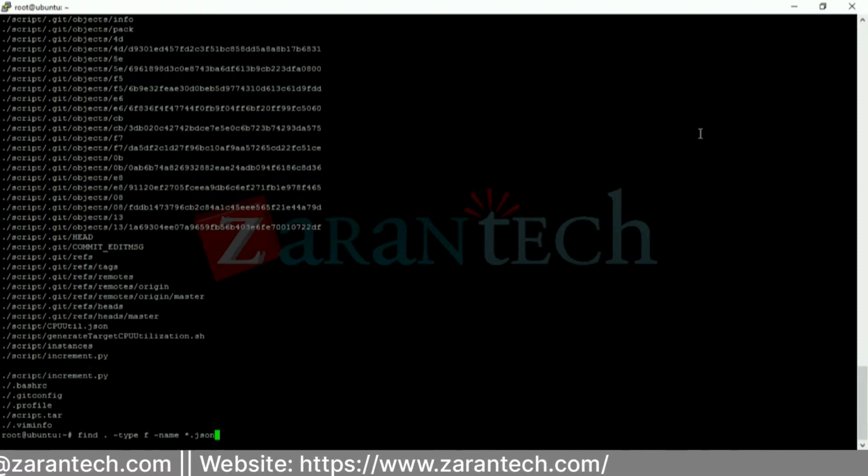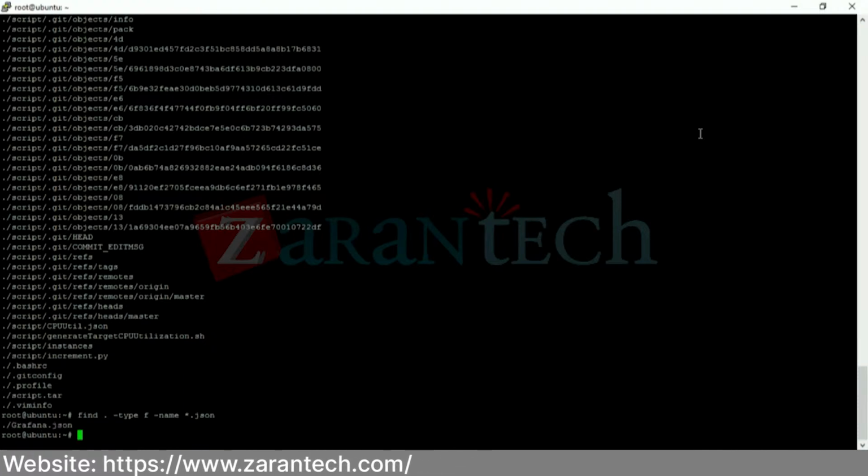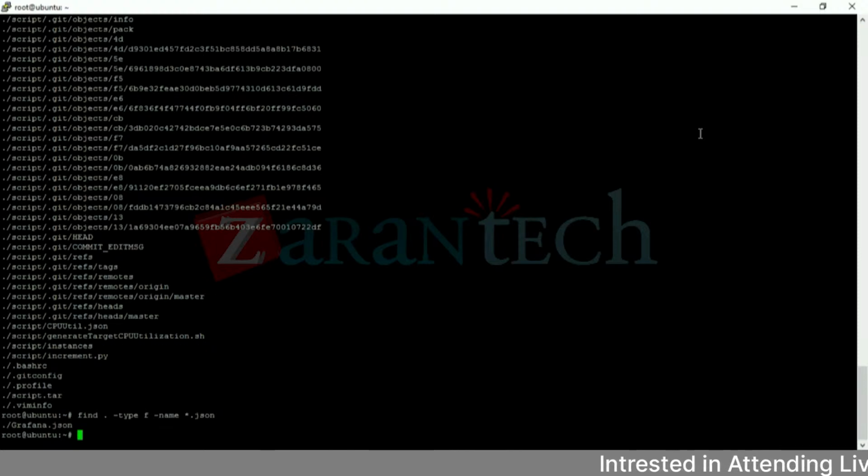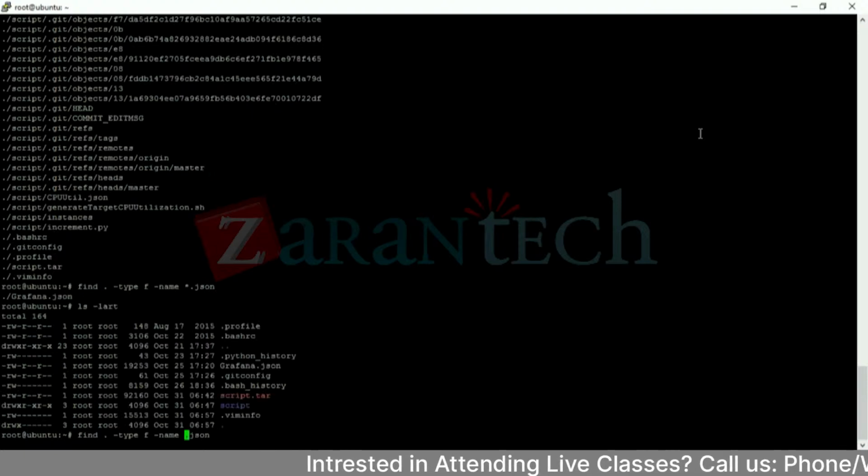So now I'll execute this. It will search for the file name in the current folder. Whatever the current folder has will be visible to me. The advantage of this is that it will automatically search for the file and provide it to me. Now if I give the exact name,